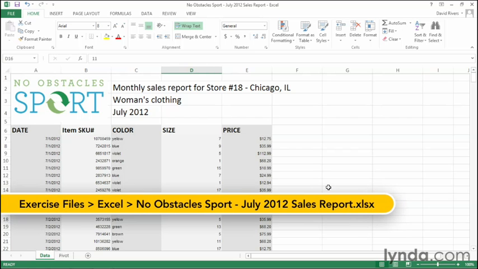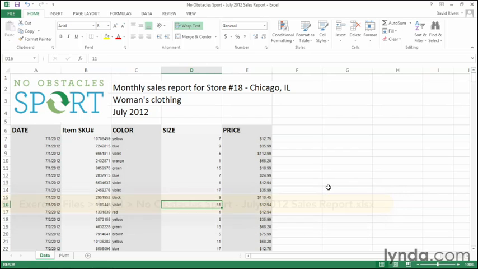This next new feature in Excel 2013 might be my personal favorite. I think you'll like it too. It's called Quick Analysis, and it allows us to highlight or select data and quickly analyze it using a number of different options that we're going to explore right now as we continue to work with our No Obstacle Sport